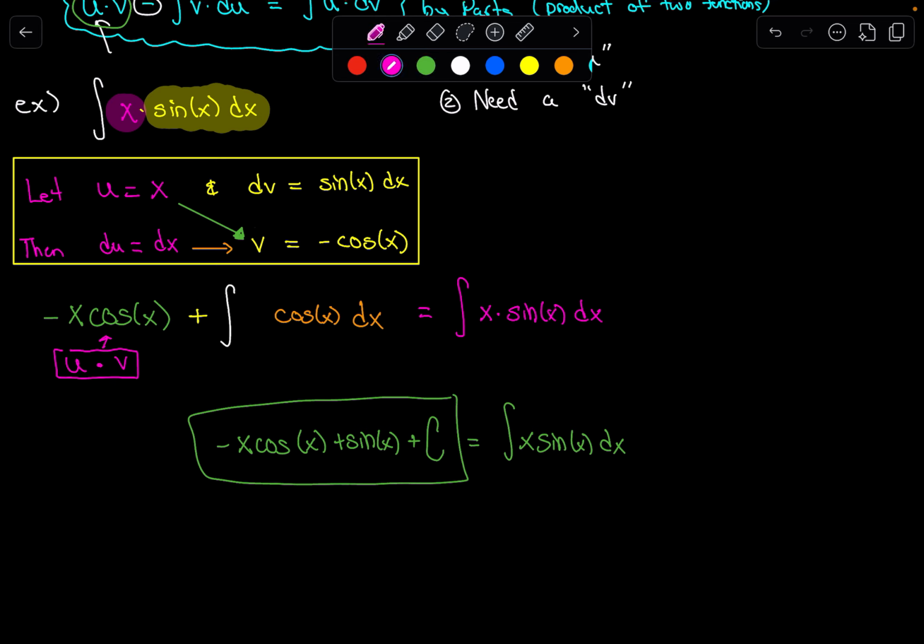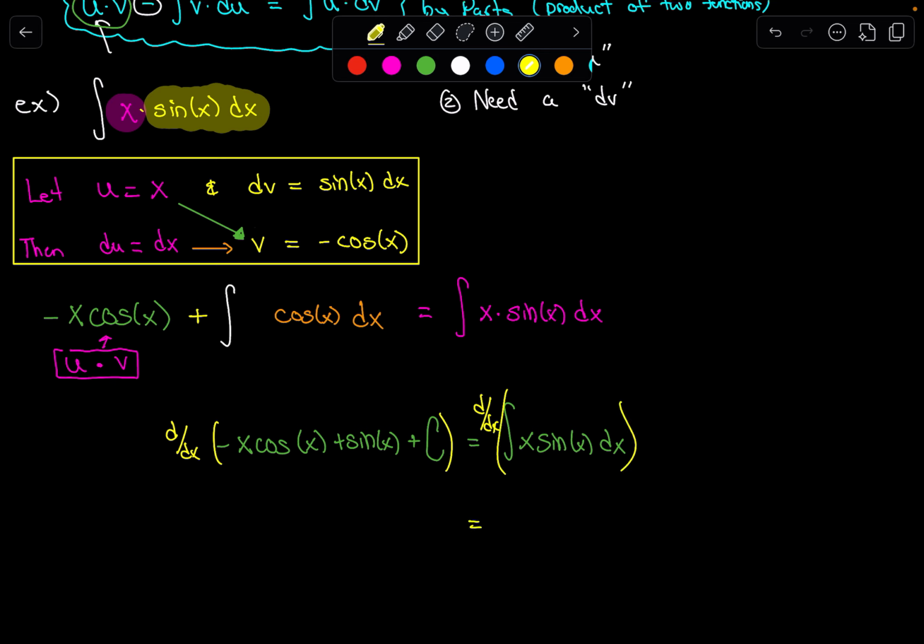And we can check this. We can check this by taking the derivative. So let's do that really quick, okay? If this is a true statement, then I should be able to take the derivative with respect to x of not only the left side, but of the right side as well. And last time I checked, at least on the right side, the derivative of an integral should just leave us with what's on the inside of that